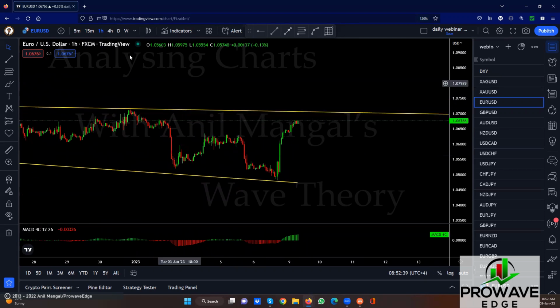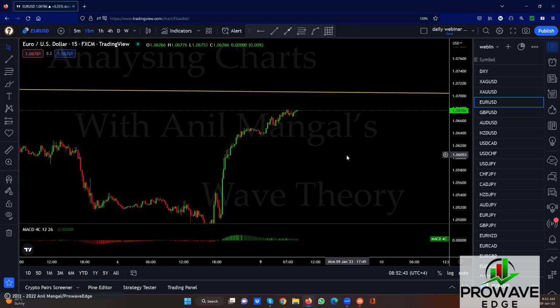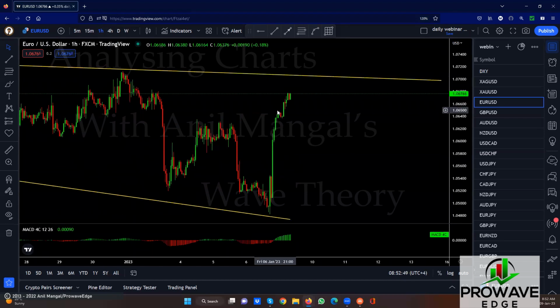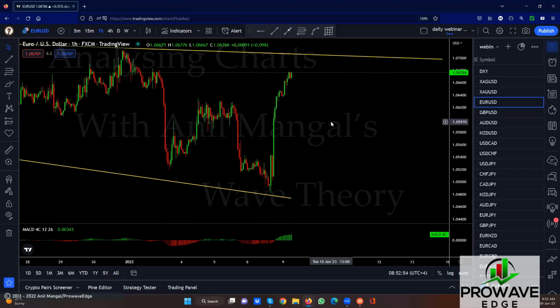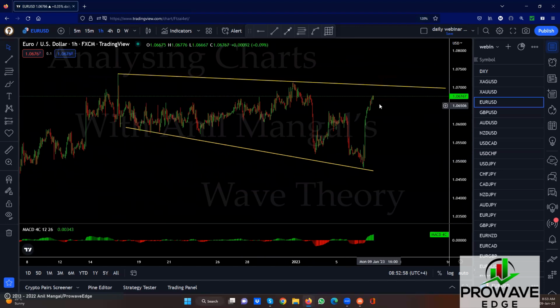Do we have a flag? We have 3 hours. I don't think that's enough. No, we don't have enough reason to buy it there. Definitely not there. This probably could have been a buy here. And if 1 hour, yeah, you probably could buy here. But buying it there is not a good idea. Wait for a bigger correction. Wait for a flag or something that makes sense. Because this is a sharp move, they will correct it before they go.